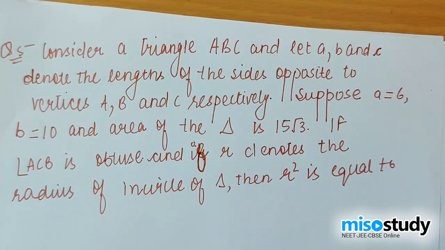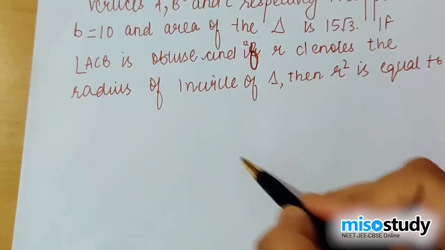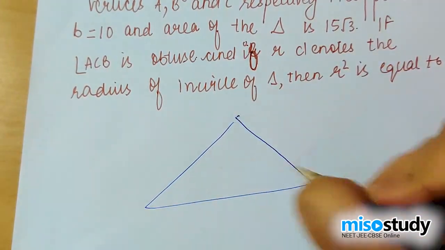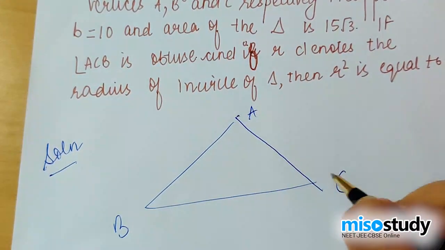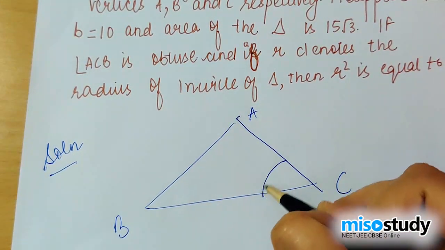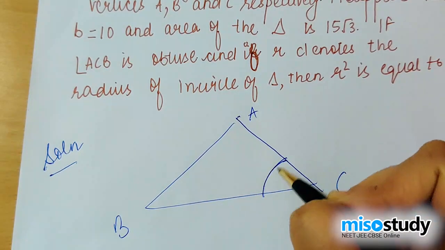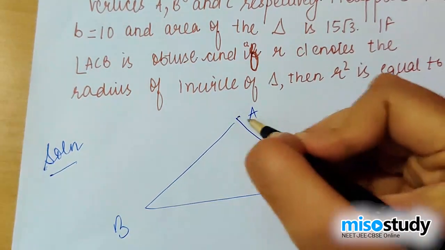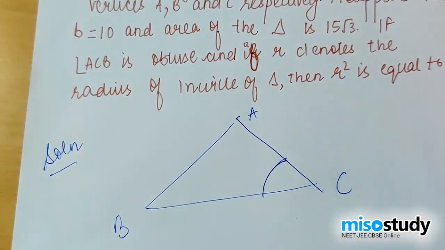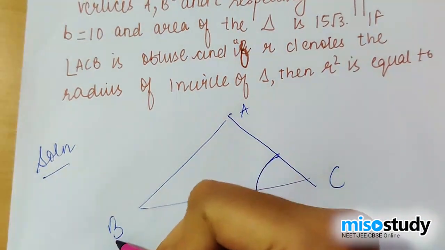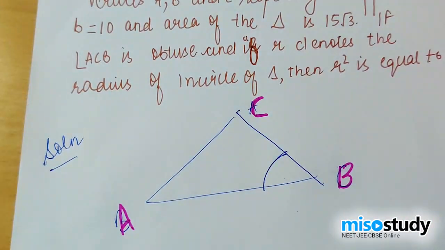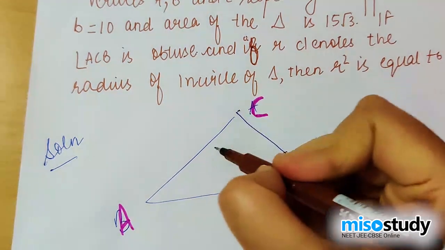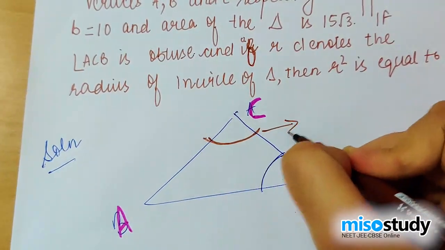If angle ACB is obtuse, now you are given that this is triangle ABC, in which angle C supposedly is an obtuse angle. Over here through the figure we cannot make that out, but let's say this is C. Okay, let me make a correction. Let's make this A, this is B, and let's say this is C. This still looks like an obtuse angle, this one. So we are given that angle C is obtuse.